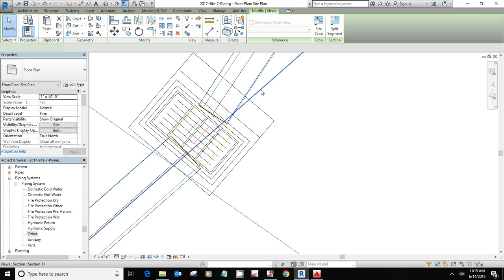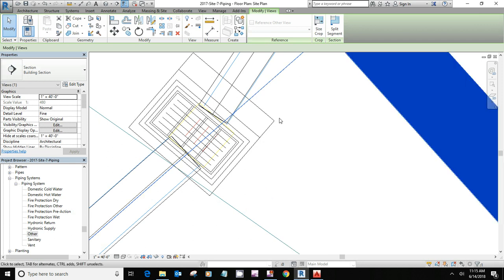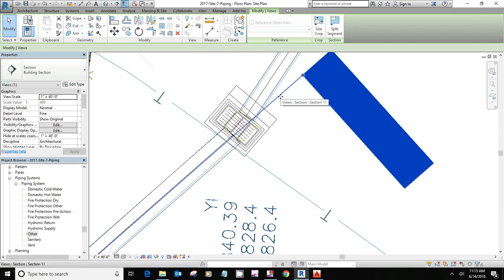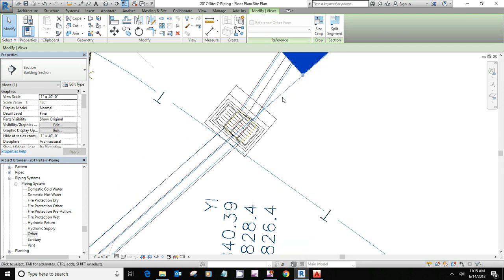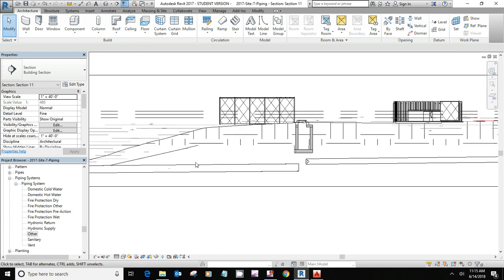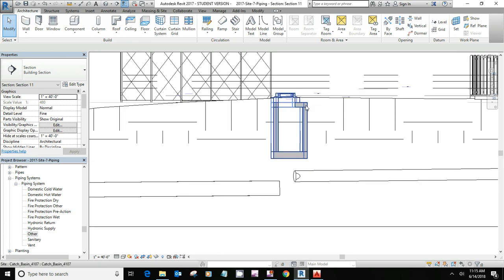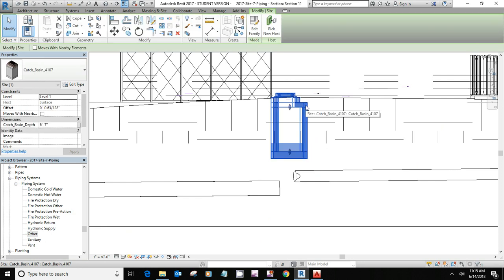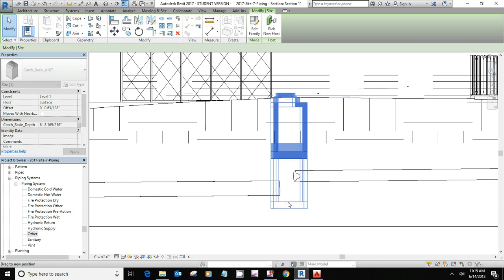All right, so let's go to our section view here so we can see what we're working with. It flipped it. I don't want to flip it. I want to go to it. Okay, now we can see it hosted it on the surface, which is fine. Or we know what the top of it should be, so we could actually adjust that if we needed to. Our depth needs to come down below